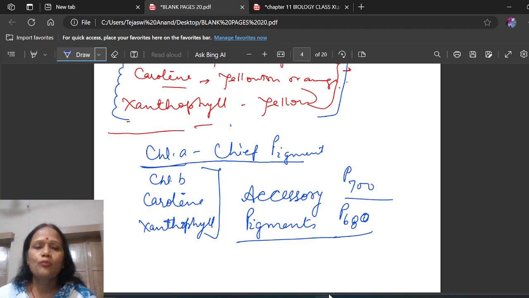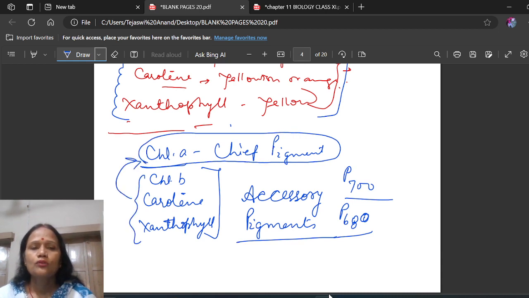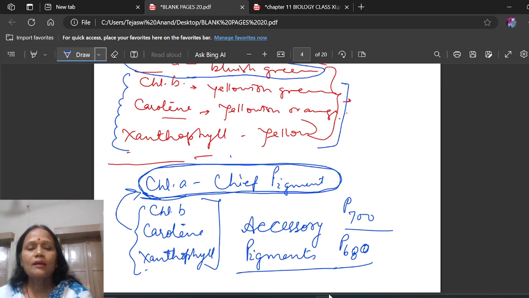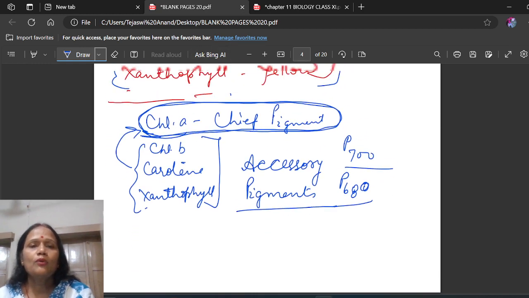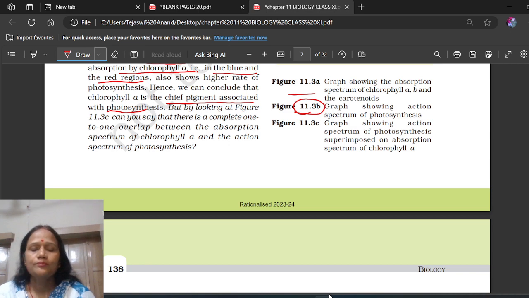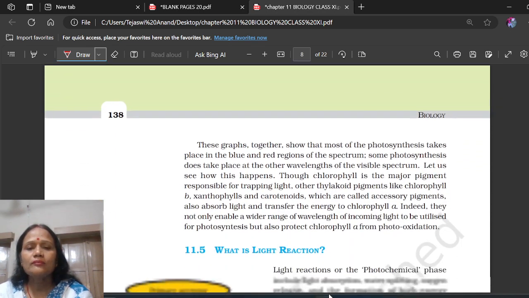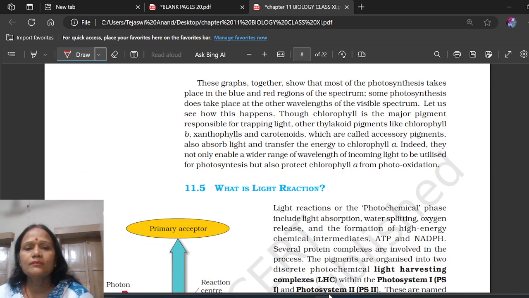क्लोरोफिल ए को ये प्रोवाइड करते हैं, ये एब्जॉर्ब करते हैं एसेसरी पिगमेंट और इसको प्रोवाइड कर देते हैं क्लोरोफिल ए को. तो क्लोरोफिल ए इज द रिएक्शन सेंटर. क्लोरोफिल ए ही रिएक्शन करता है, एक्शन में रहता है. और क्लोरोफिल बी और कैरोटीन, जैंथोफिल, तीनों इनको हेल्प करते हैं. क्लोरोफिल ए इनको बहुत ही आगे बढ़ाएंगे फिर रिएक्शन को, तो हम लोग आगे बुक में देखेंगे कि क्या होता है. तो वी कैन सी हियर graph also show the spectrum that photosynthesis take place at the other wavelength of